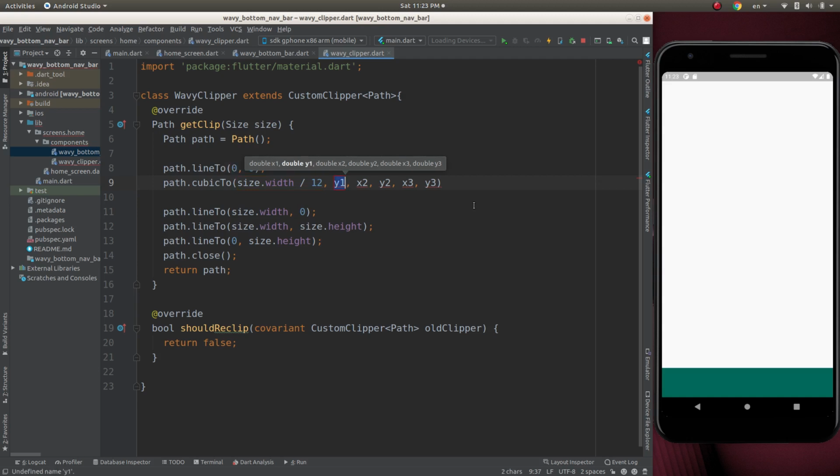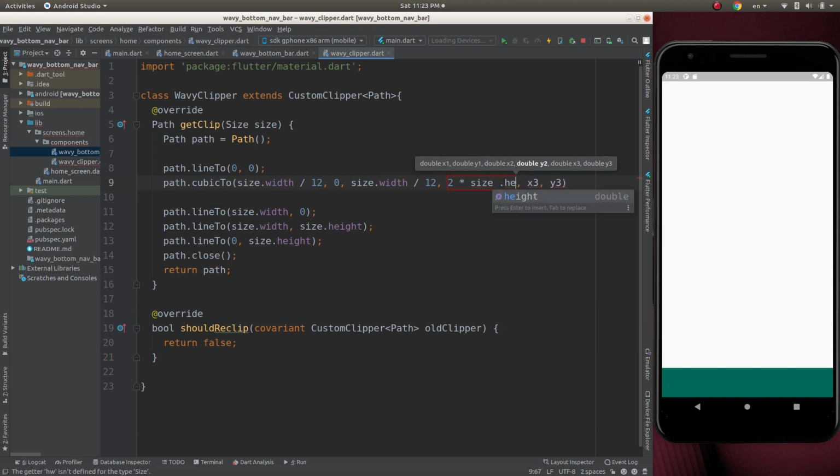And y1 can be, let's start from 0, and next point will be size dot width divided by 12, and height will be 2 into size dot height divided by 5,